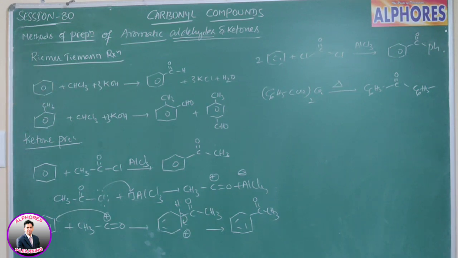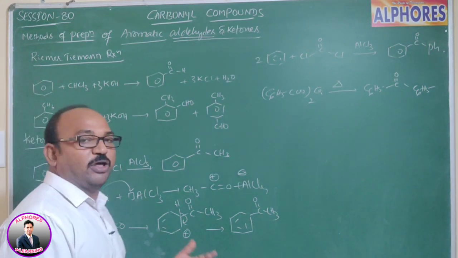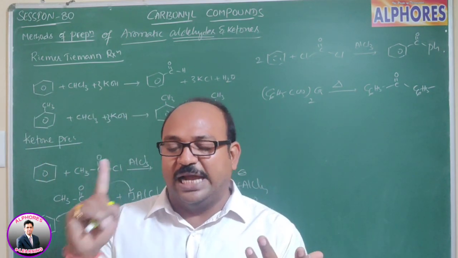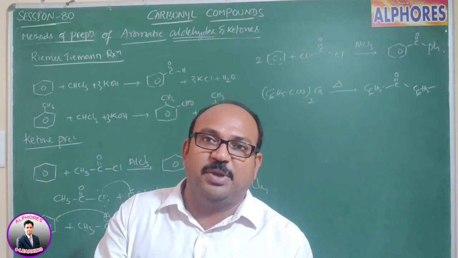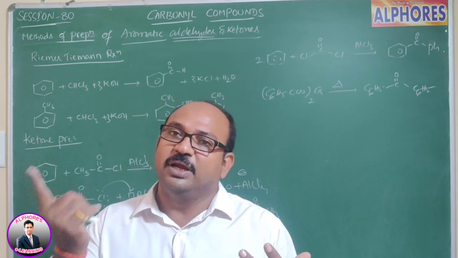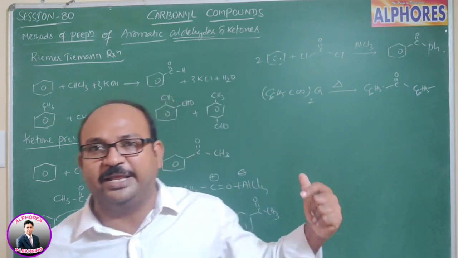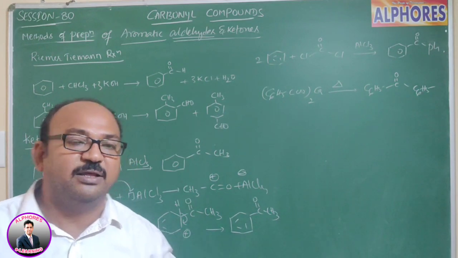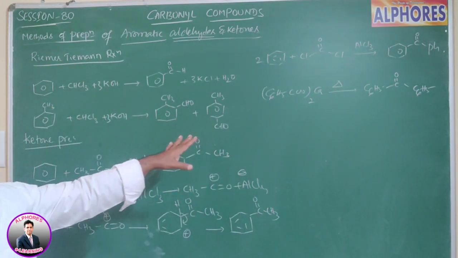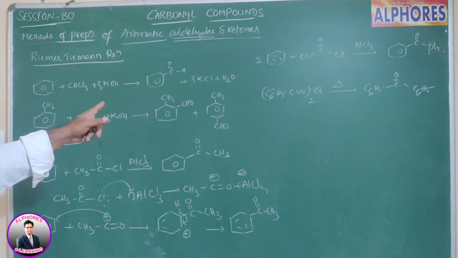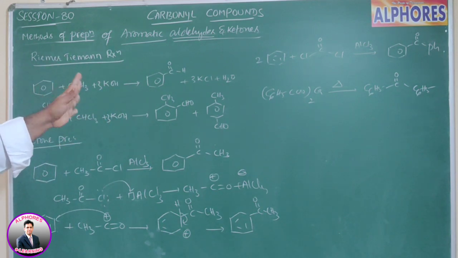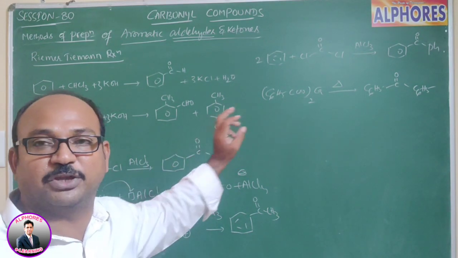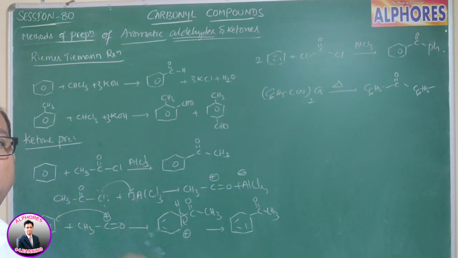Acid chloride with Grignard reagent, acid chloride with dialkyl cadmium, acid chloride with Gilman reagent, dialkyl copper lithium, you get ketones. All those methods we already learned. There, instead of acetyl chloride, we need to use benzoyl chloride, and we get benzophenone. These are the methods of preparation of ketones. And beyond that, one more method is there.